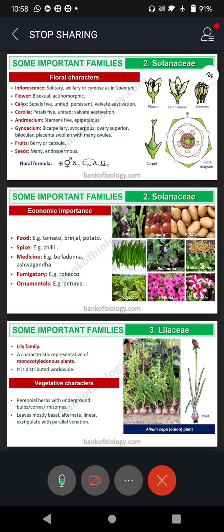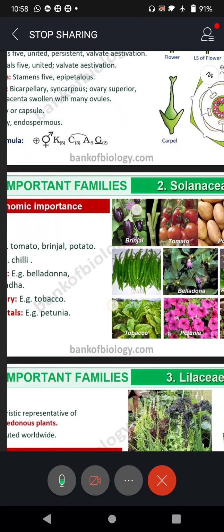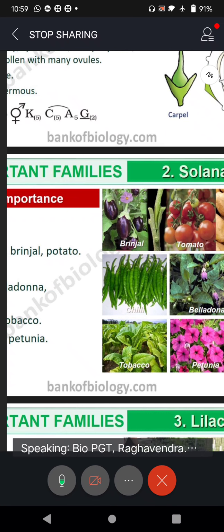Most of the members are useful as food for us. They are giving food for us. See, always we say, we eat to live. We are eating, getting energy, so we are able to live. Of course, for some, like Naveen, we live to eat. Why should we live? For eating. Which one is correct, Naveen? Eat to live. We eat to live. We are eating so that we are alive.